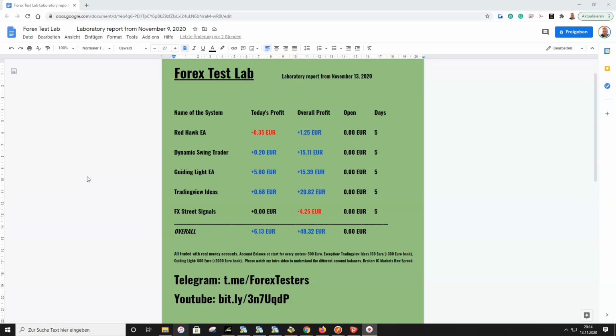It is not necessary that every system closes the week with a profit, but that they all together give a constant profit every week. So if 1 or 2 systems are not so good in a week, then the other 3 make profit, and then overall you have a weekly profit. So we want to find 5 systems, methods and signal groups which we can mix together and that we get